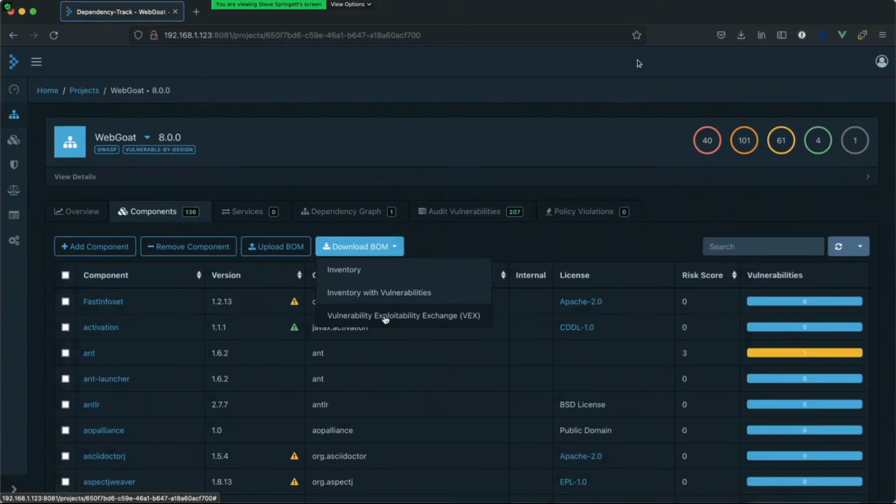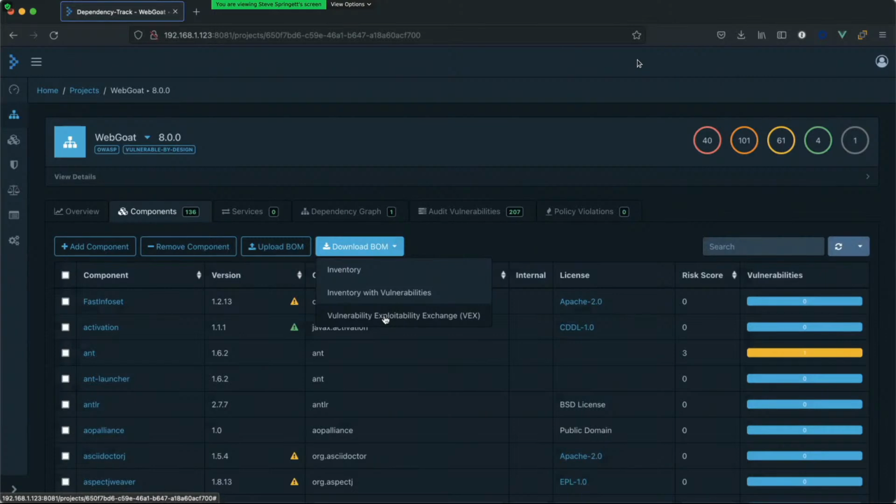Now, everything I'm doing here in the UI can be automated, right? It has an API first design, and behind the APIs, there's a lot more functionality than what you see here in the UI. So I'm showing you the UI just because it's a better demo. If I showed you something with GitHub Actions or Jenkins or something like that, it would just look like magic, and you would be done in like 5 minutes. But the manual use case is really interesting to look at because you see kind of the workflow, but it also kind of